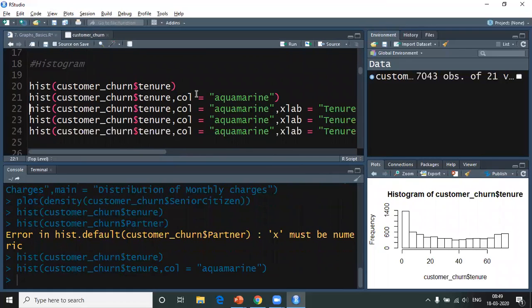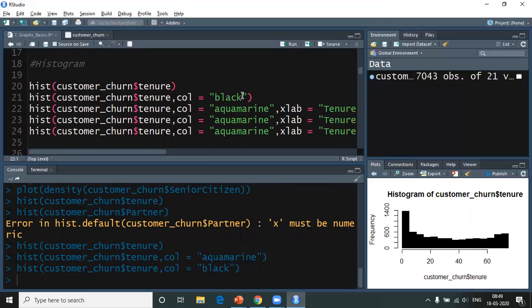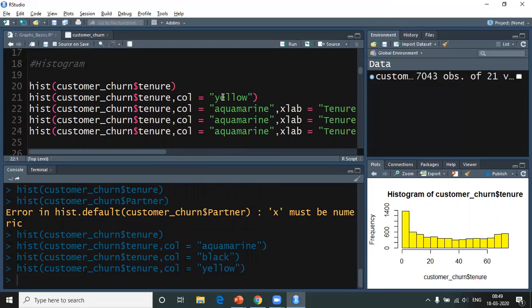And in the next line, I would now want to change the color to aquamarine. You can change this to a different set of colors. Probably let us try black. So here you go, it's all in black. But then when you see black, you would not be able to make the distinction. So that is why we keep the colors mostly pretty mild. Okay, so now I've given yellow, and now you can see how distinct they are.